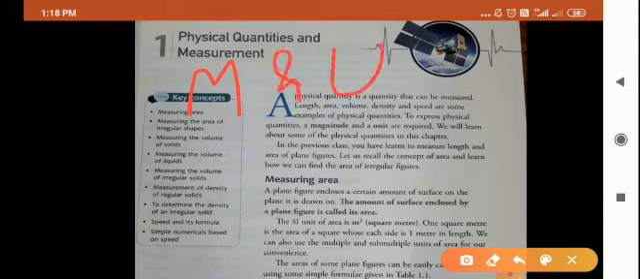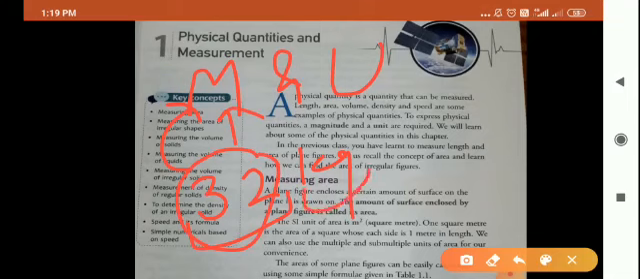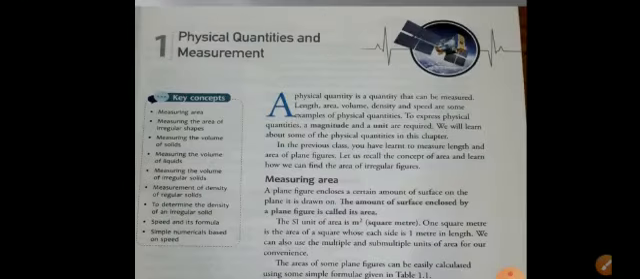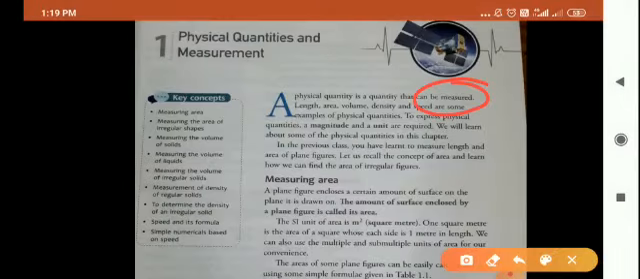For example, if I say that the mass of a body is 32 kg, what is this 32? 32 is your magnitude, this numerical value. And what is the unit? The unit is kg. So children, physical quantities are those quantities which can be measured. Now in this chapter, we are going to study some physical quantities like length, area, volume,